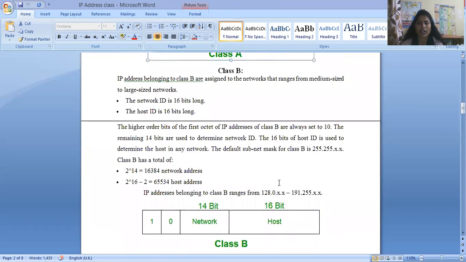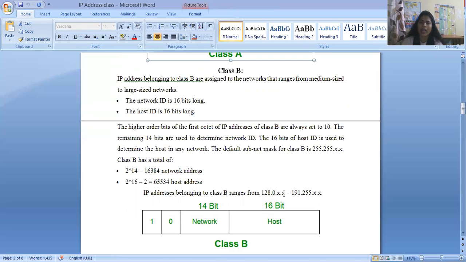Now if we talk about class B, IP addresses belonging to class B are assigned to networks ranging from medium size to large size. The network ID is 16 bits and the host ID is also 16 bits. The higher order bits of the first octet of a class B IP address are always set to 10. The remaining 14 bits are used to determine the network ID. The 16 bits of host ID are used to determine the host in the network, and the default subnet mask for class B is